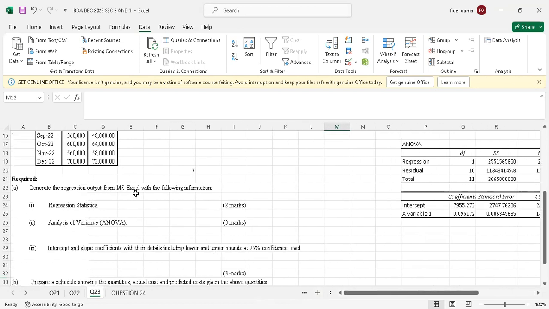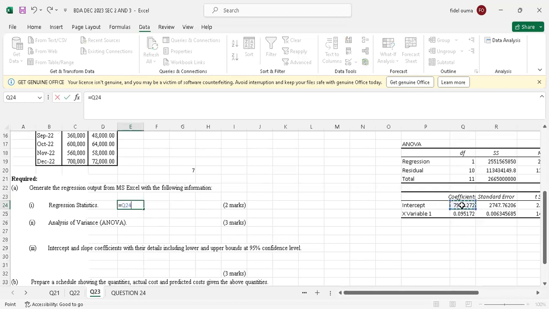Generate the regression output from MS Excel with the following information: regression statistics. So in this case, the regression statistic is always in the form of y is equal to a plus bx. So we'll say the regression statistics is y equals a, in this case the intercept. So you'll take this, so say equals this intercept, then maybe I'll just write it y equals